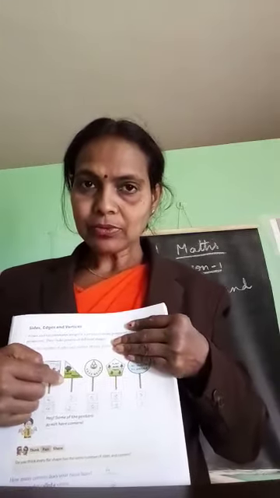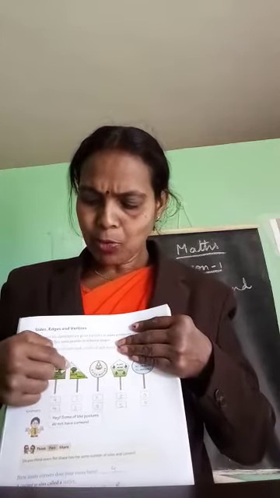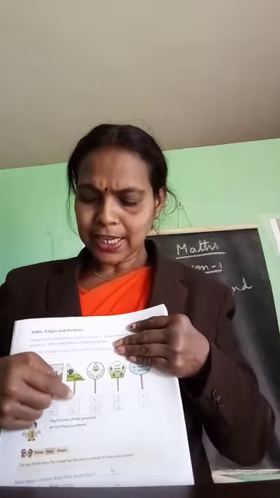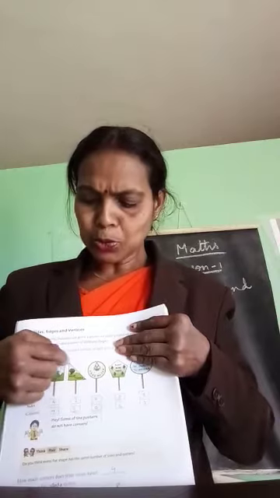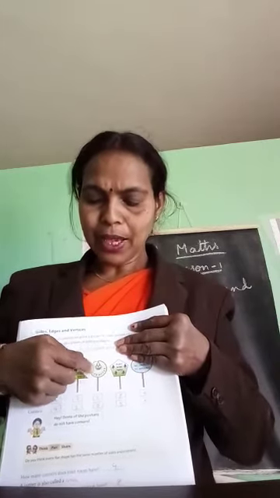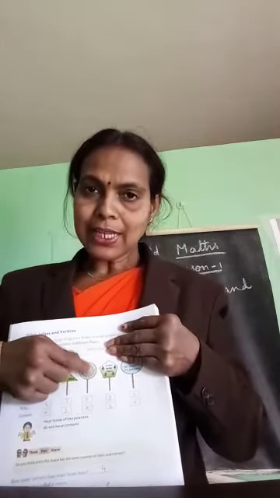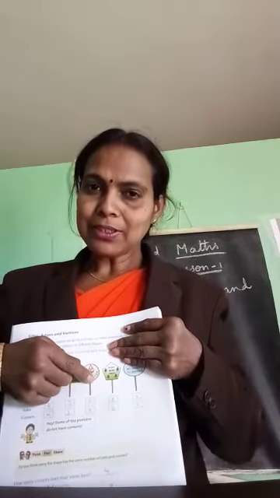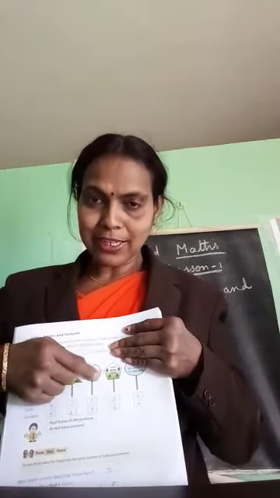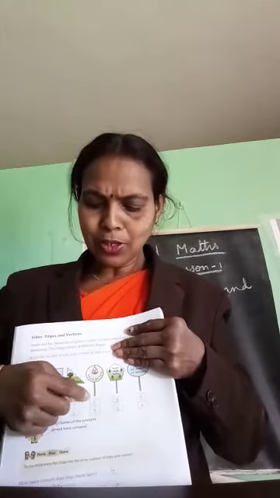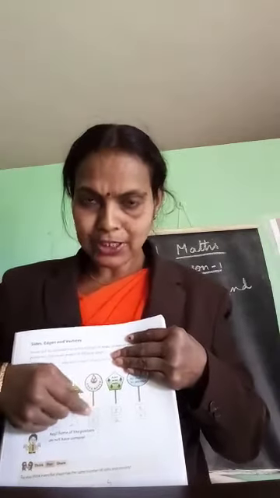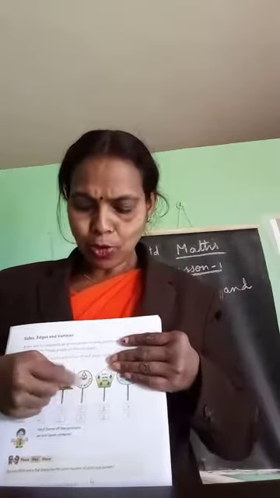Now the next picture. Here how many sides are there? 1, 2, 3. 3 sides, right? Corners 1, 2, 3. Okay. Now this one. How many sides are there? Sides means it should be a straight line. Here there are no sides. 0, 0. Write 0, 0 for both. No sides, no corners.